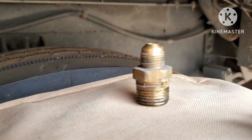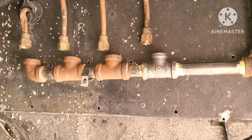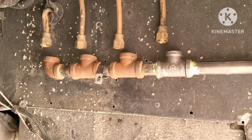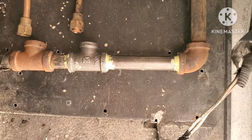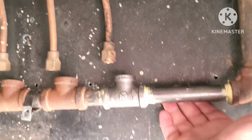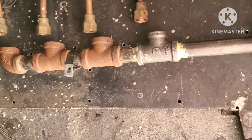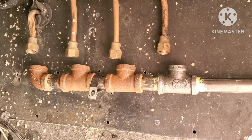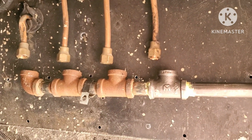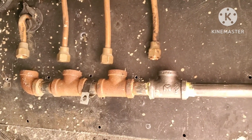I had to take the nipple adapters off for the individual gas lines so I could spin the main pipe back into the corner here, the elbow here. Like I said, I managed to get this out enough to where I can get my hand behind it. Was just enough that if I took the little adapters off, I could spin the new pipe back on. So we're moving forward. I'll show you a little bit later